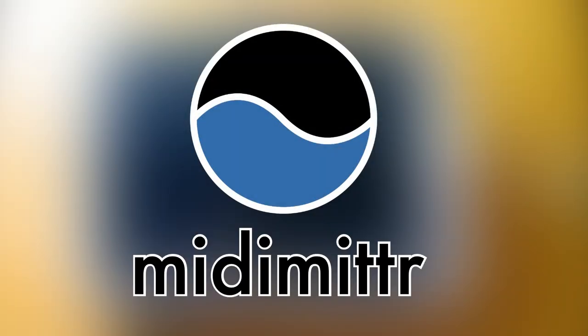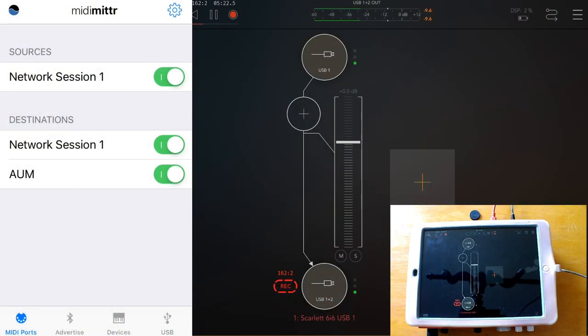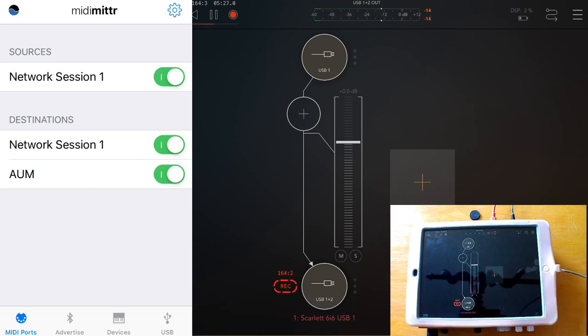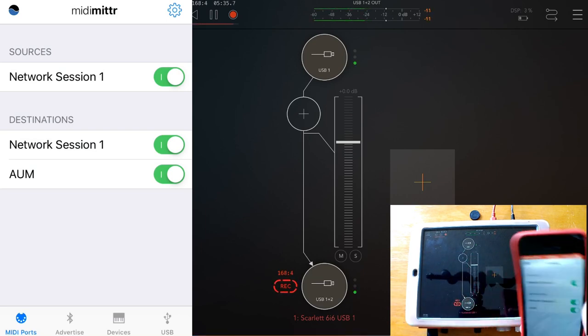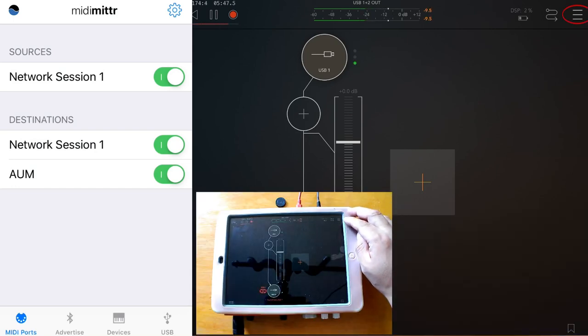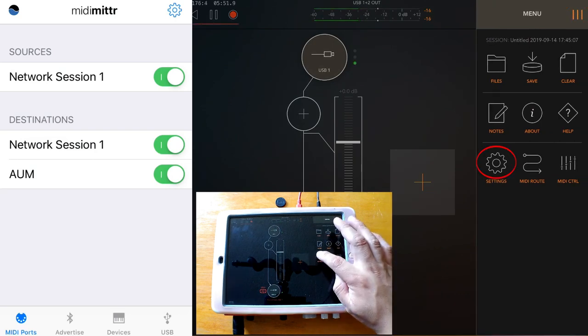The first free app I want to show you is called Midimittr, I think. This is an app that helps us send MIDI from one device to another using Bluetooth. Let me show you how I connect the iPhone to the iPad so that the iPhone sends MIDI to the iPad. Okay, inside AUM, we open the menu, clicking on these three lines, and then we tap on